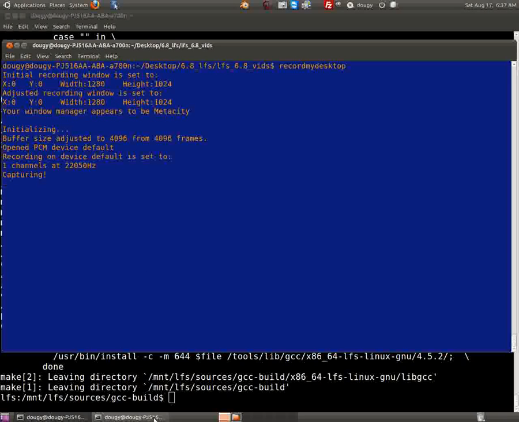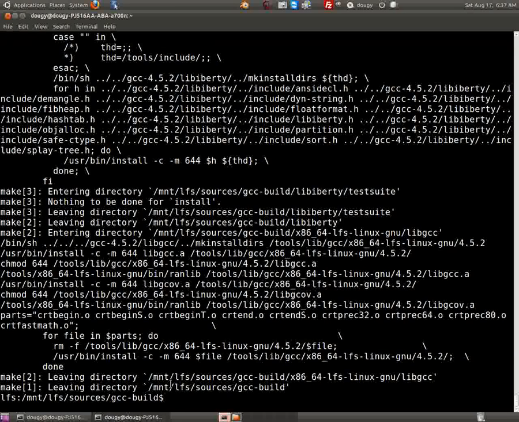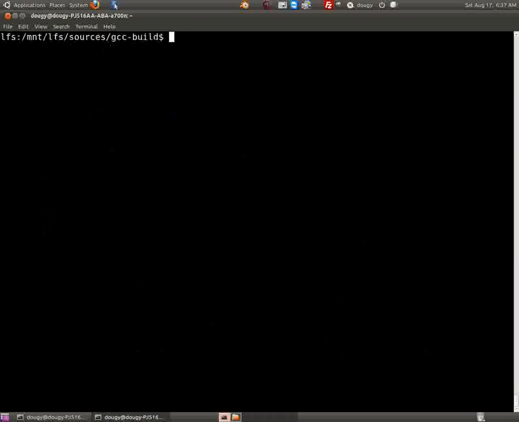Now let me pull this one up here. Okay, so we should have got no errors on that last thing. After our make install, we should have no errors, and it looks similar to this at the tail. So that's over with. Before we get rid of this, we have to say link symbolic verbose lib